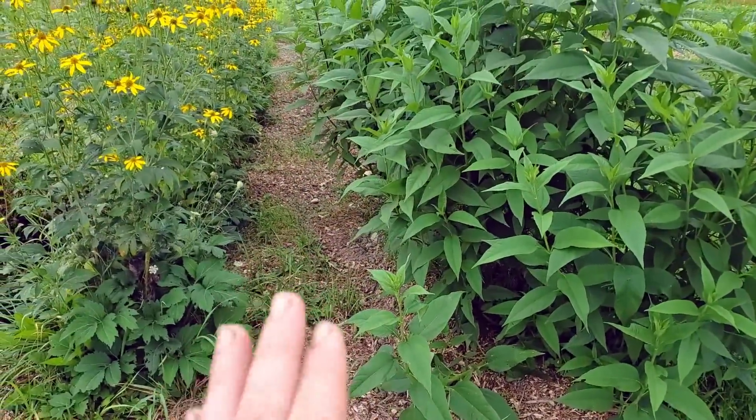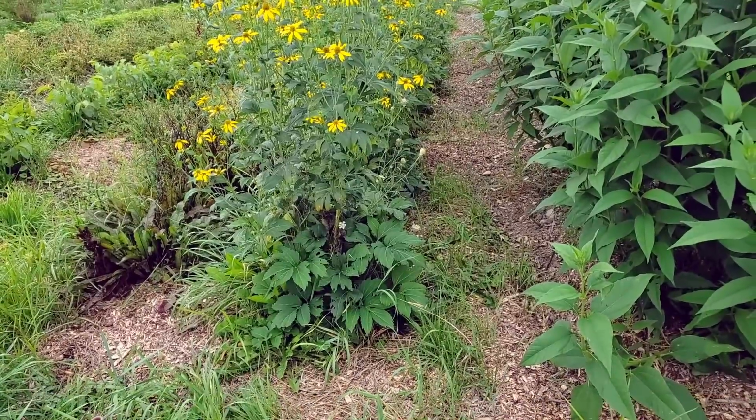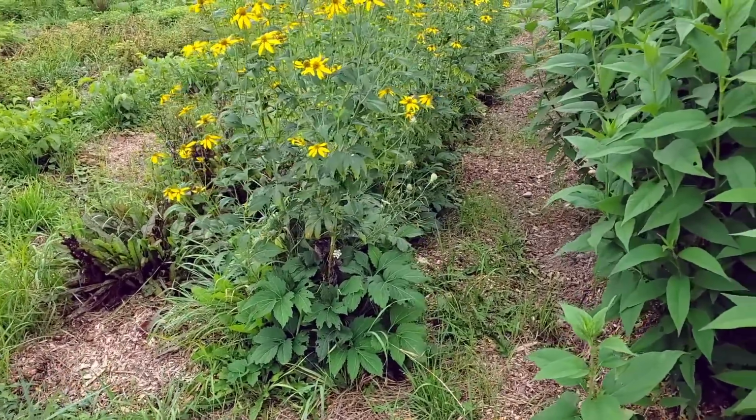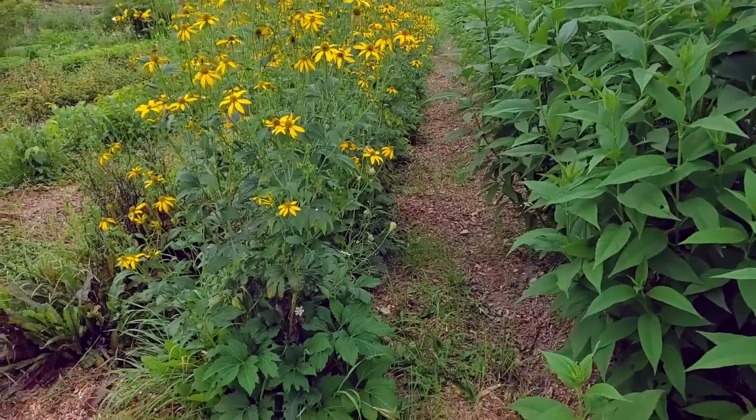Anything that shows up in here will get pulled and laid as a mulch, and the sochan is just about as equally strong as the sunchoke. So they're not dueling it out, but they'll be finding a balance between each other. We'll just take a push mower once in a while through the middle. Sochan puts on a really